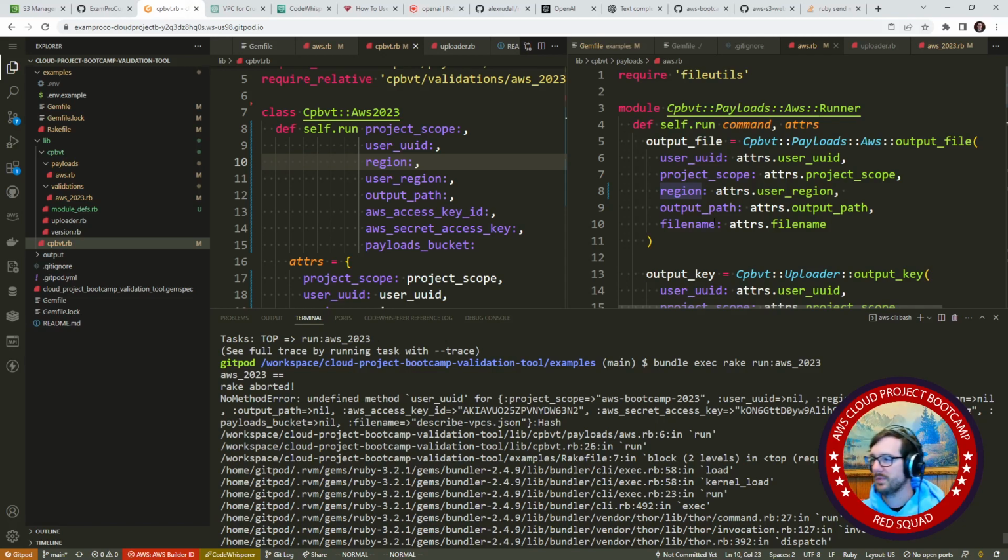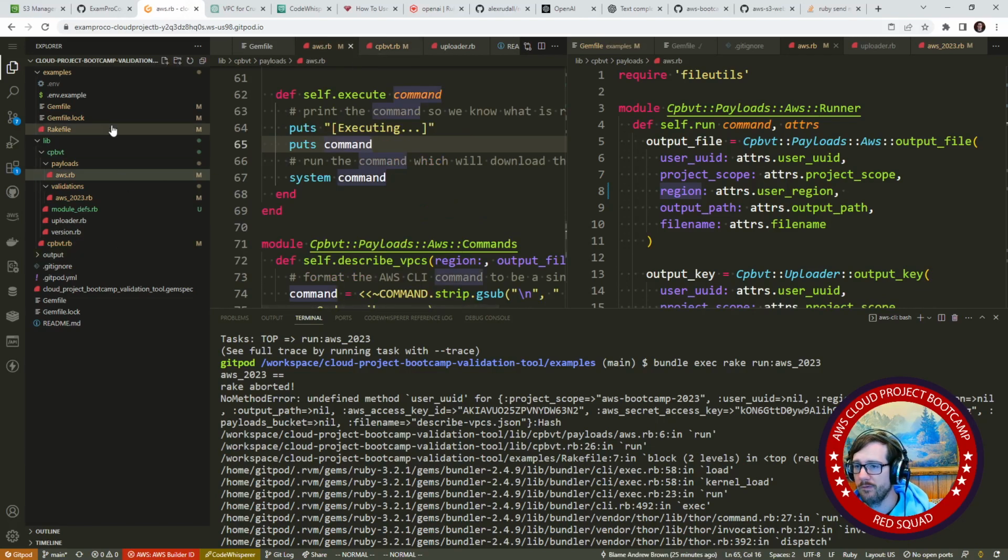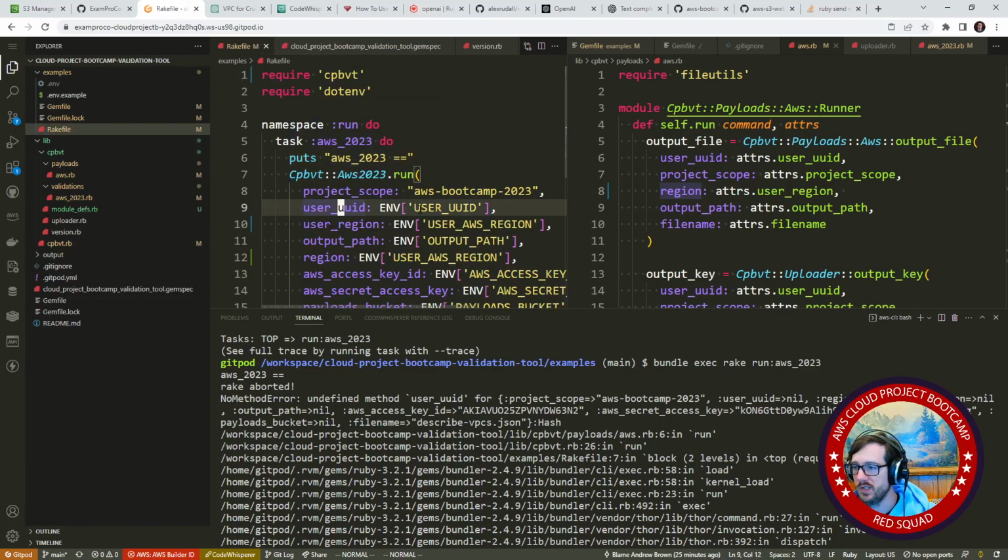Well, it should know what it is. It gets passed in. But maybe it doesn't get passed in at this level, the rake file. It does. It's right here. So what's our problem here? Undefined method user UID for this. It's actually returning